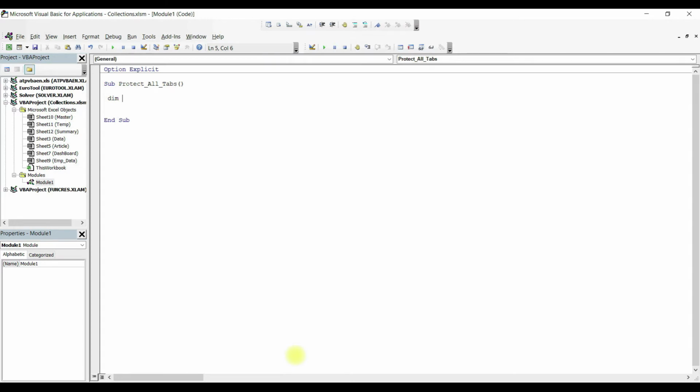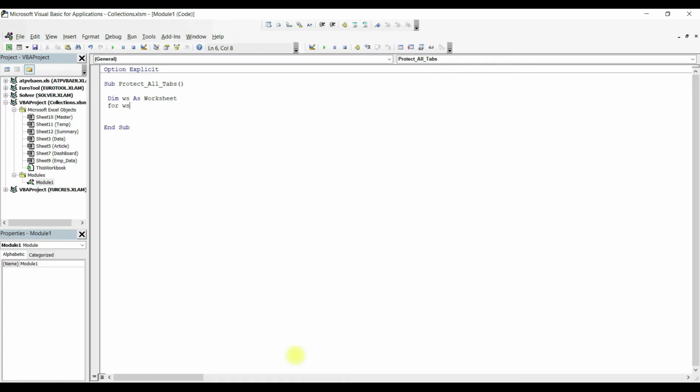So define with dim ws as worksheet. It means I need to control all the worksheets. Here we are going to declare that using this WS, this is the nickname. Using this nickname, I wanted to control all the worksheets of this workbook.